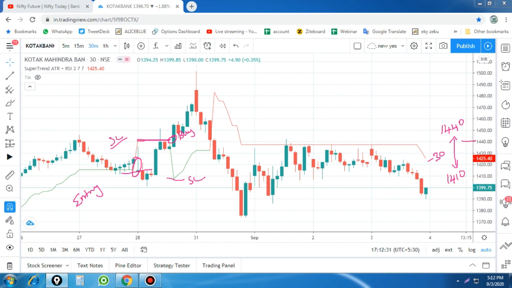If the trade works, you are going to get the target, whatever you want to fix, because the Supertrend will not give you the target. Some Supertrends, we can fix the target also, but what is the trend? We have to find the trend and travel along with the trend. So that is important. This is the basic concept: where it gives a buy and what the stop loss is, and where it gives a sell and what your target is.